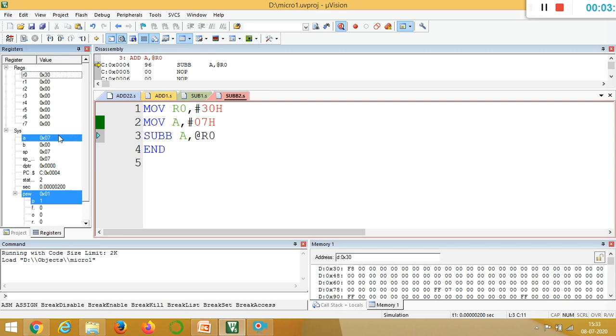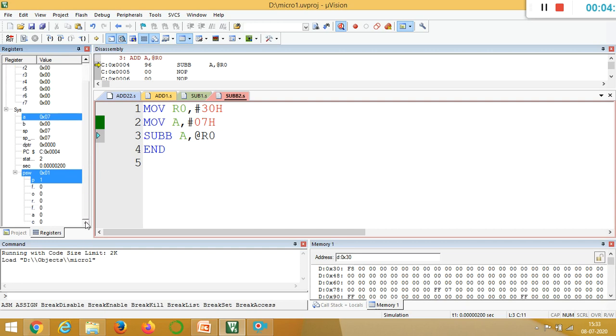Then 07 is subtracted with the content of 30H, that is F8, minus carry. Before the subtraction you can see here C is 0. Once I press step, the SUBB instruction is going to be executed, and that time you are going to see the carry bit.